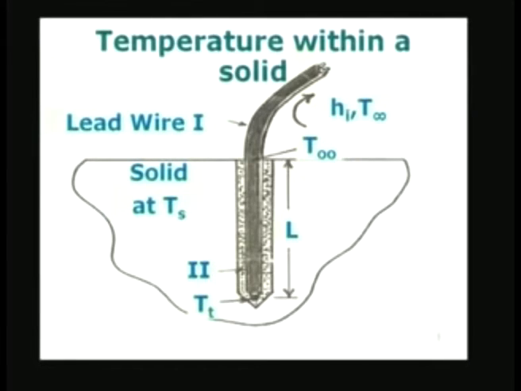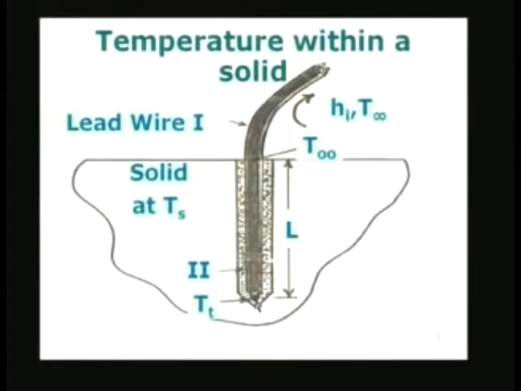Whenever you have heat transfer taking place from a region of high temperature to low temperature, there will be gradients, and these gradients manifest as an error, because what I am going to measure is Tt, which is what is indicated by the thermocouple voltage which I measure. Therefore, Ts minus Tt will be the error in the temperature in this particular installation.